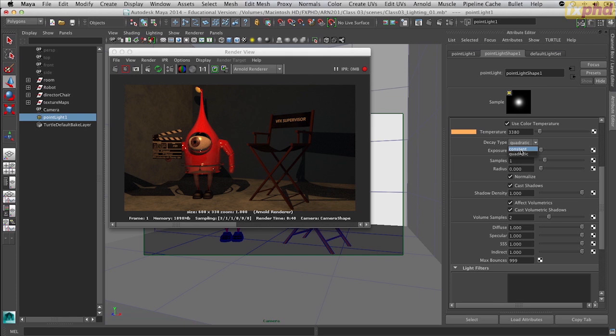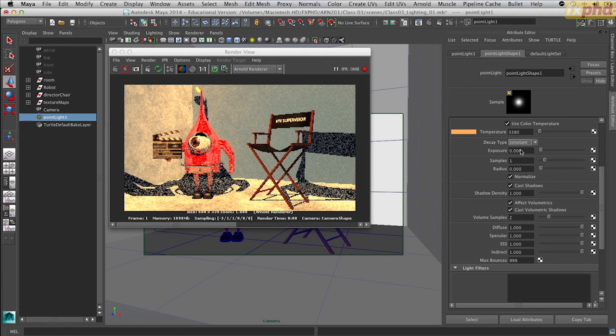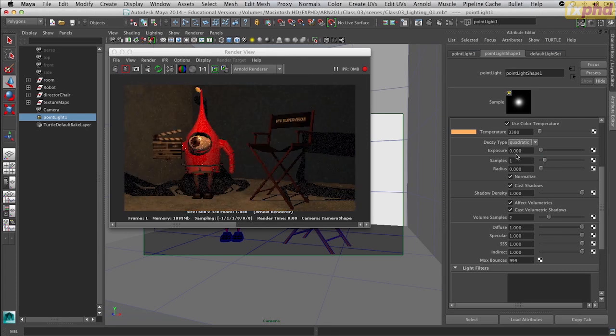light never falls off. So if I put it onto constant decay, you can see immediately everything looks very bright and quite garish. And this is because the light that we have in our scene now has no falloff whatsoever, and it's very unrealistic, not physically correct. When we put it on quadratic, we now get that really nice inverse squared decay, and we're getting a really